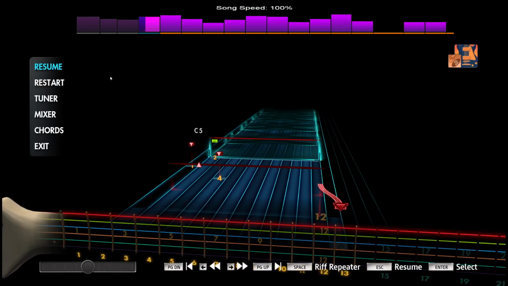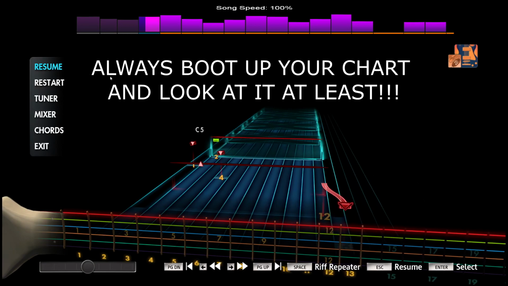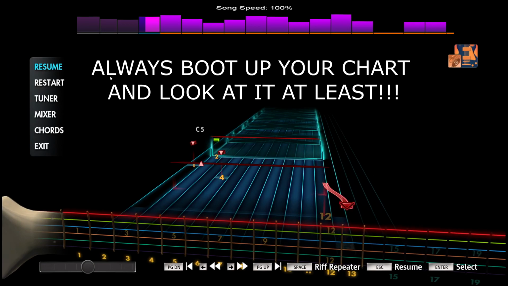So yeah, this is definitely something you need to make sure you boot up your chart and take a look at. I mean, you don't even have to be able to play this to see that this is messed up. So you should at least boot it up in Rocksmith and look at it,